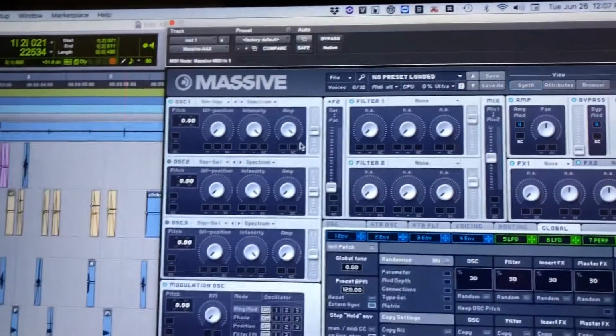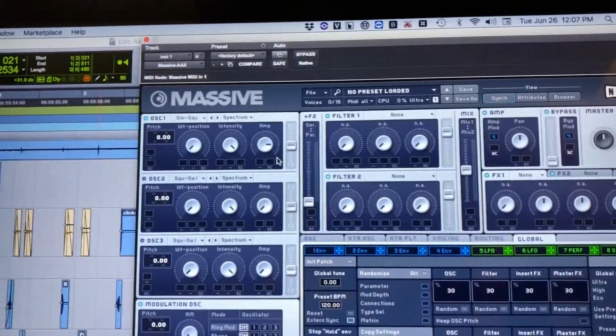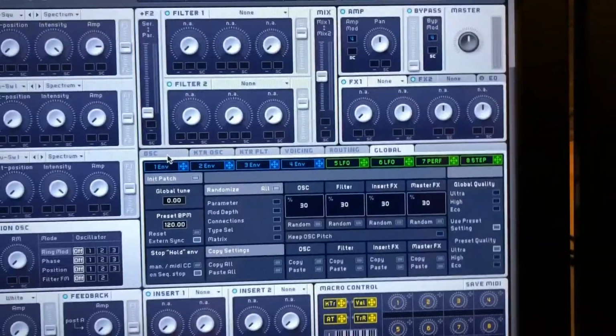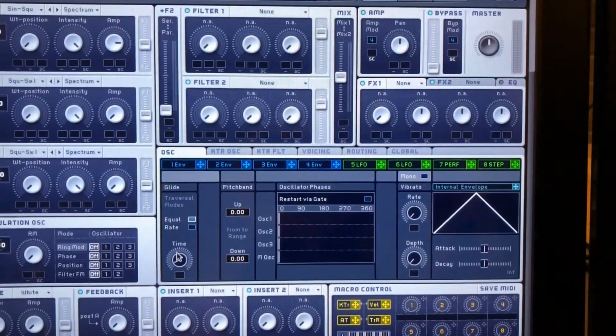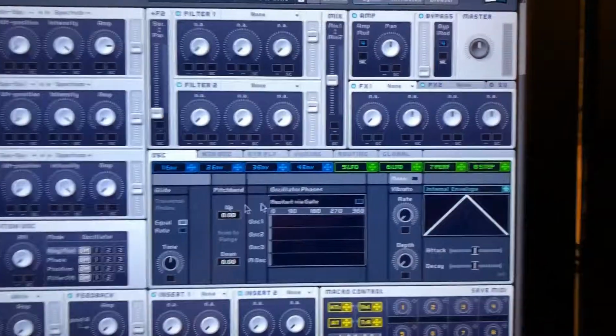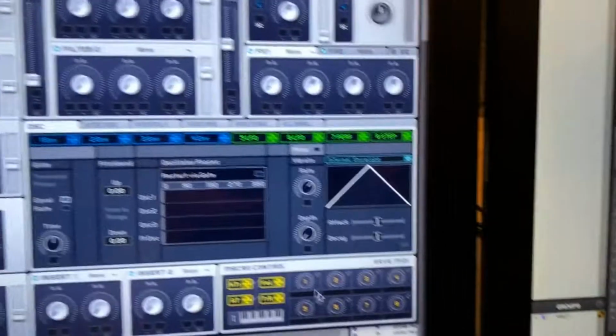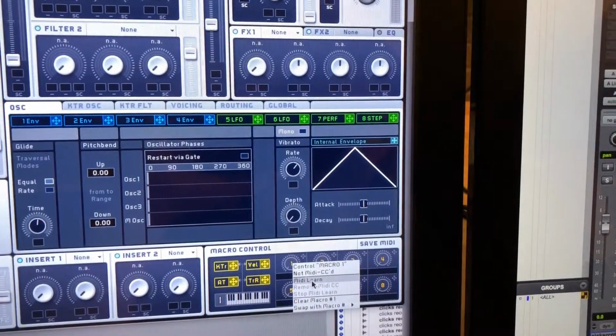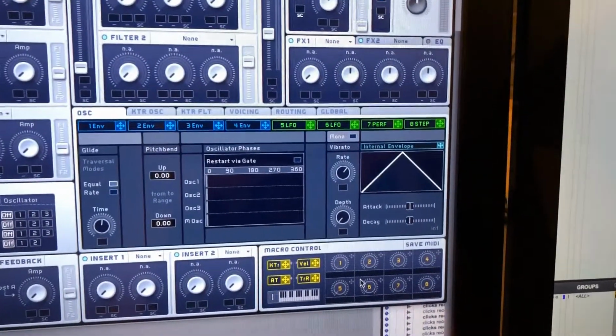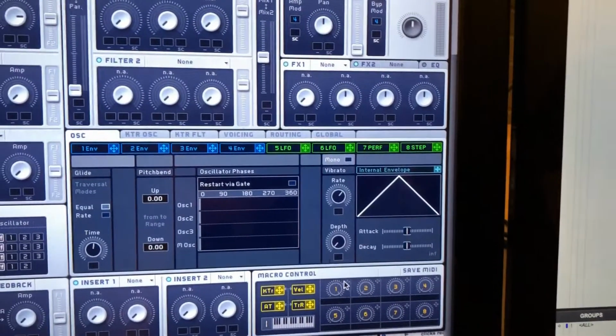MIDI learn your amp to expression so you have some volume control. Now go to the oscillator tab and move the glide time up about halfway, then the vibrato rate a little past halfway. Then you're going to MIDI learn this number 1 to your mod wheel and move the crosshairs into